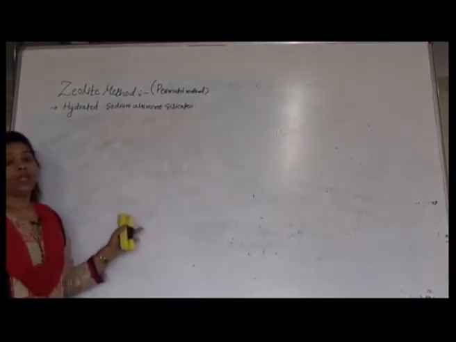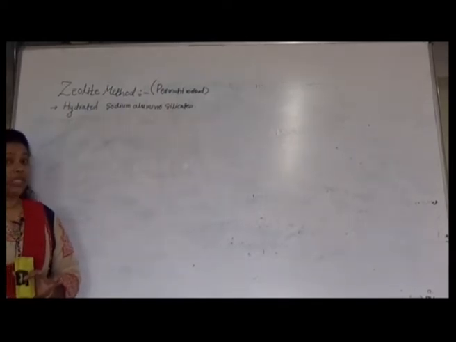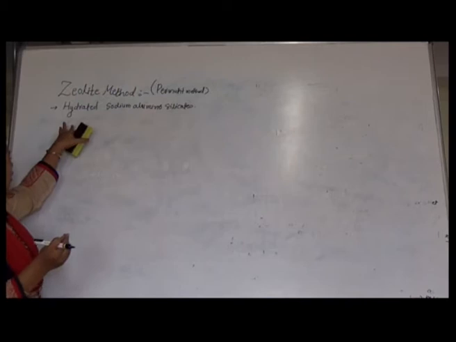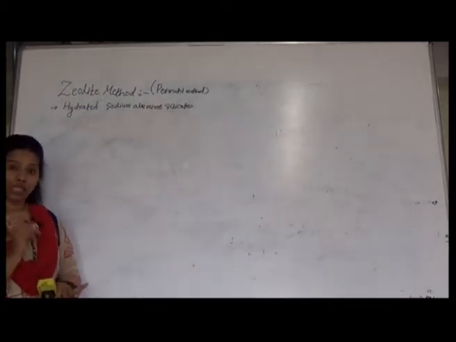Zeolite process. The zeolite method is also called the permutit method. The meaning of zeolite is boiling stone, and zeolites are hydrated sodium alumina silicate. The general structure of this zeolite is,